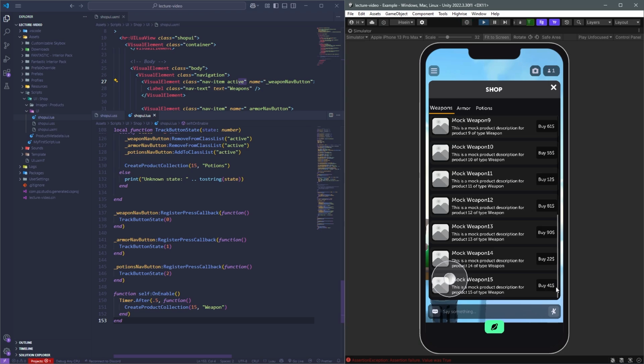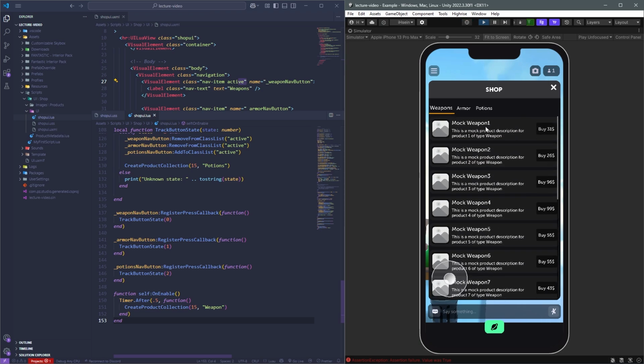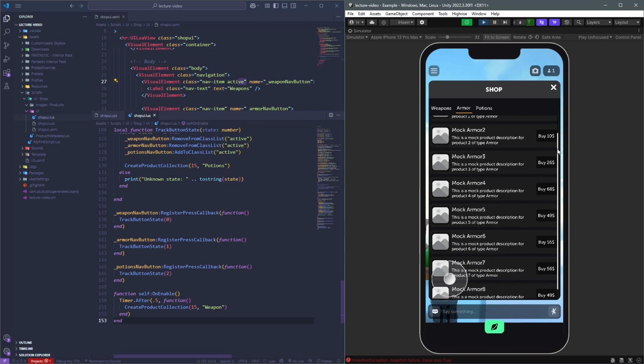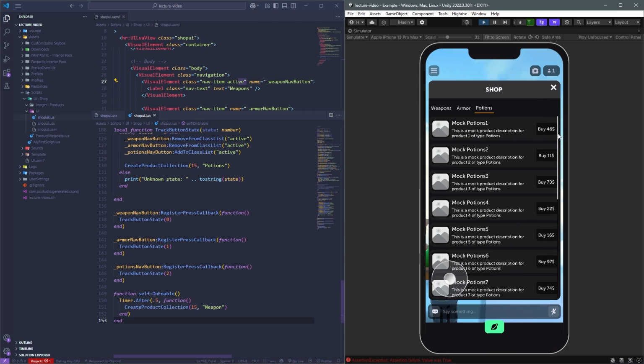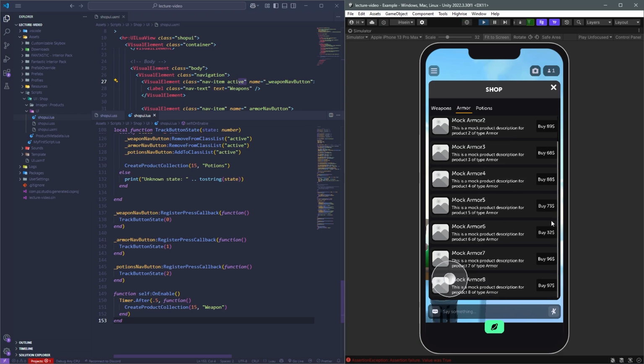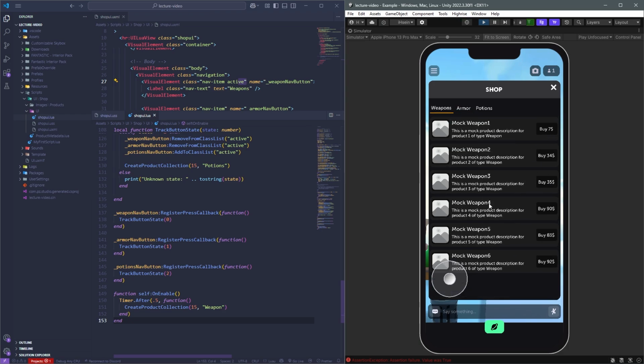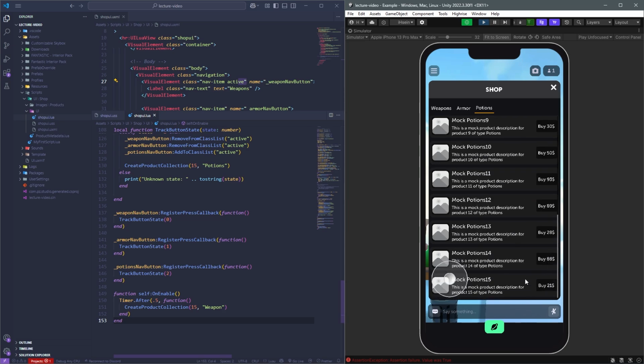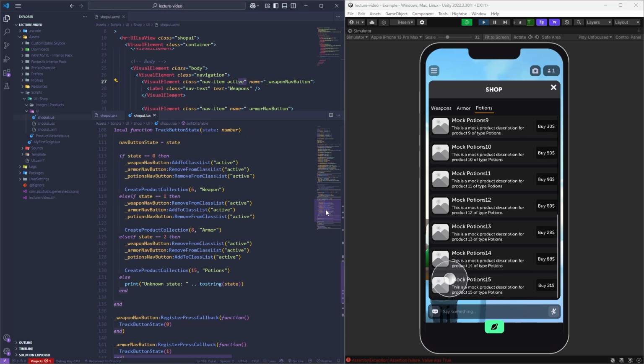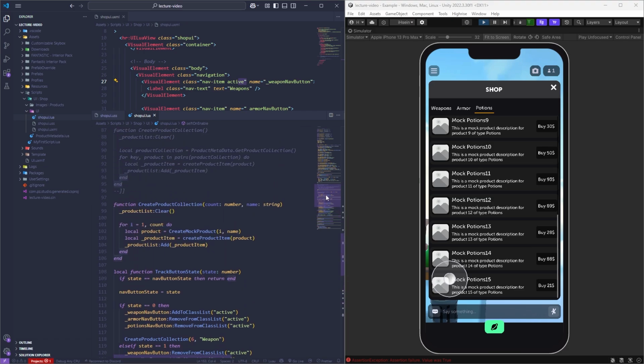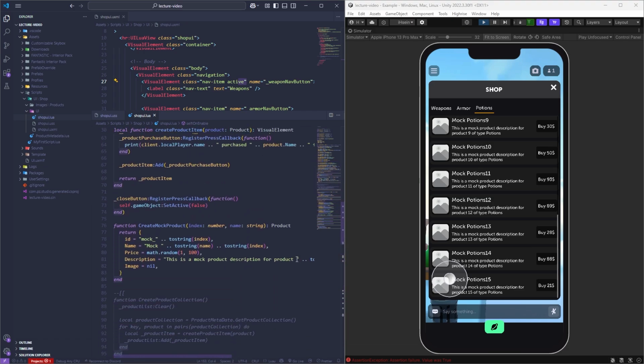It says here, mock weapon 2, weapon 3. If we go to armor, it's gonna say armor. If we go to potions, it's going to do the exact same thing. And if you look at the numbers, we have 8 products, we have 6 products, and then we have 15 products of the potion. Does that make sense? That's basically how you can make a navigation menu, and you can make them basically do stuff like,